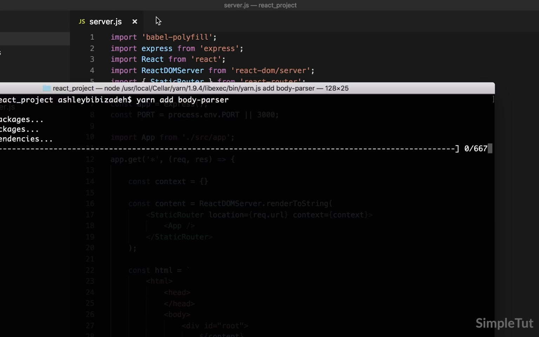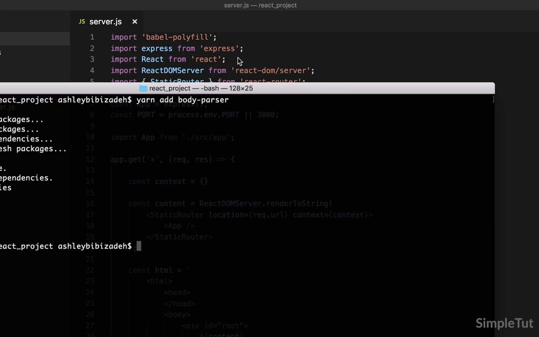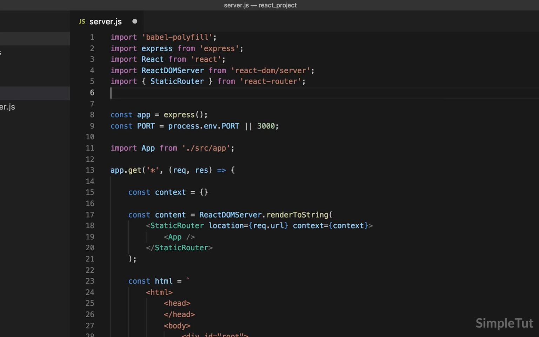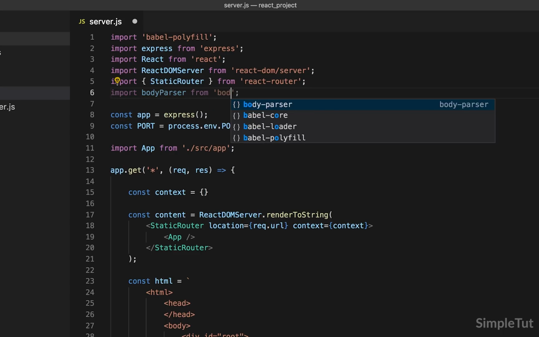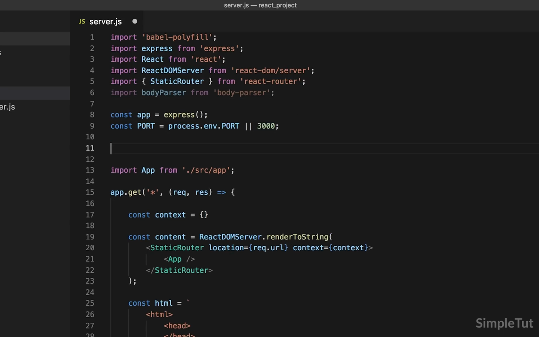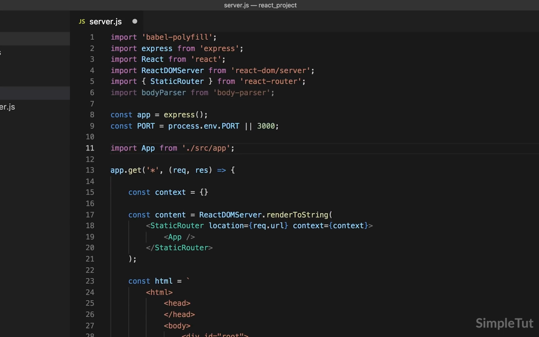Okay, once that's installed, I am going to import it. So I'm going to say import bodyParser from body-parser, and then here, underneath